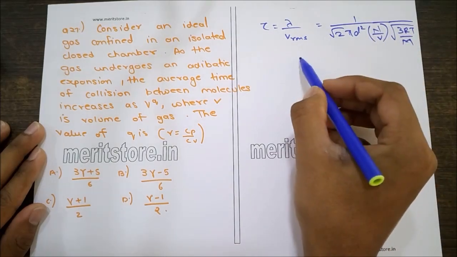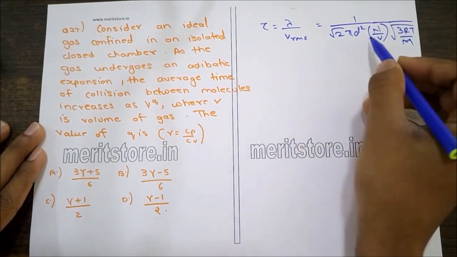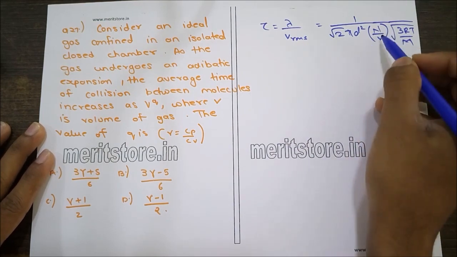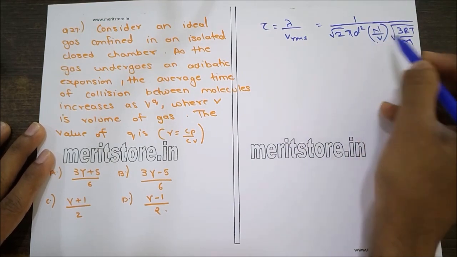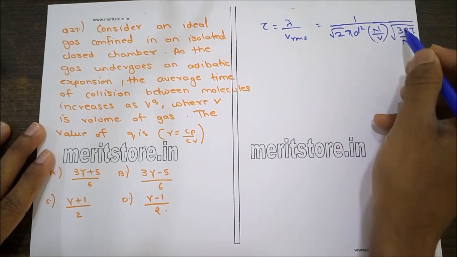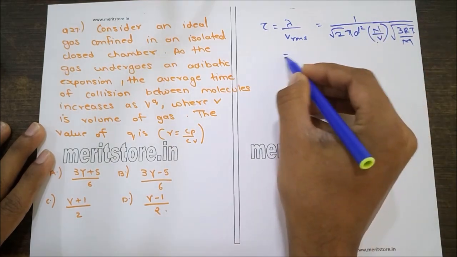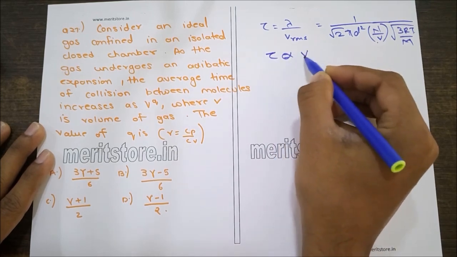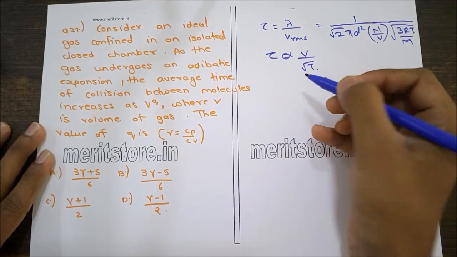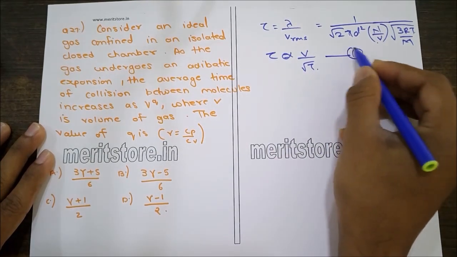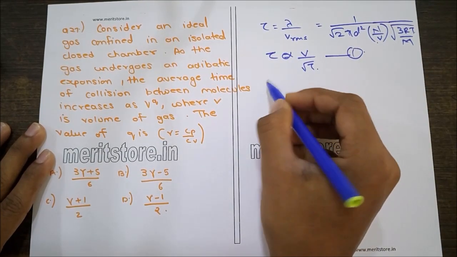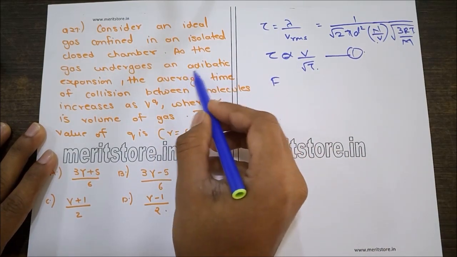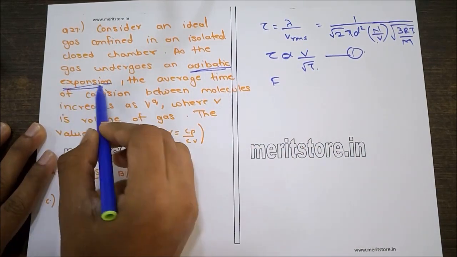So this is a simplification, and in this expression the only values which are not constant are v and t. Remaining all the terms are constant. Therefore we can write tau is proportional to v upon root of t. So let this be one equation, and for the adiabatic process, since it is given that it undergoes an adiabatic expansion,